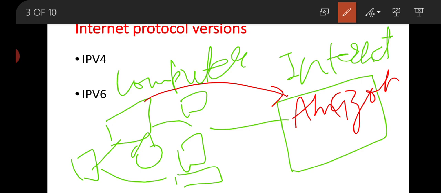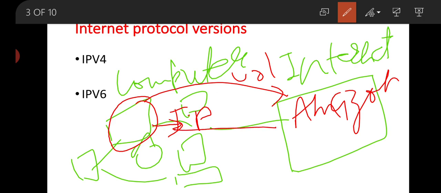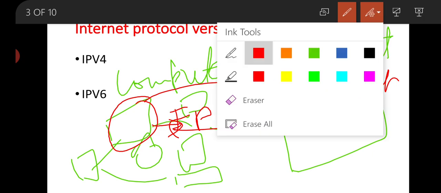of Amazon. Then the communication from here to here, from this computer to the server, is the URL's work. But what is the address of this computer or this network? That is identified by the IP address. The IP address works to identify the server or client as a particular node in the computer system. So this is the working of the IP address.